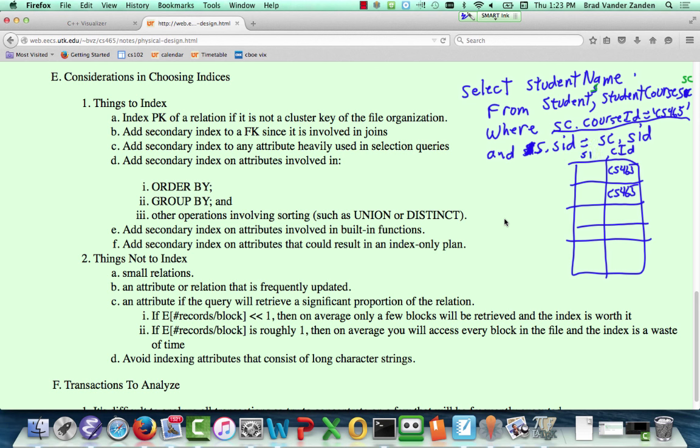And for each course ID, there's a student ID in there. Okay? If we don't have a secondary key on student ID, the only way we can now do the join with student is to essentially scan through the entire student relation looking for S10, S12, S15, etc. Right? In fact, probably what we would do,